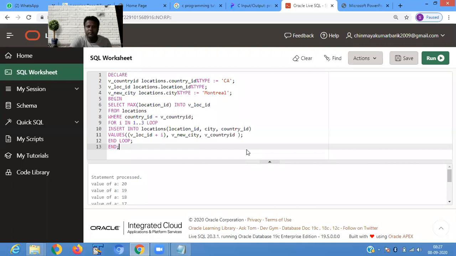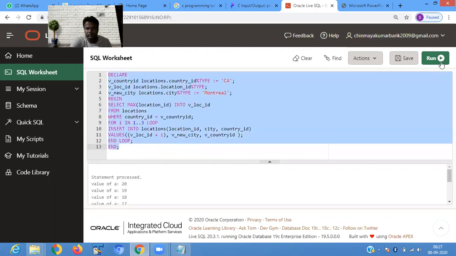With the same table, we increment the value. Declare v_country_id, location, the maximum location ID at which you inserted the record. Here we are using a for loop, 3 values, 1, 2, 3, it will continue. Already we inserted 1900, 1901, 1902, 1903. So after 3 it is implemented.